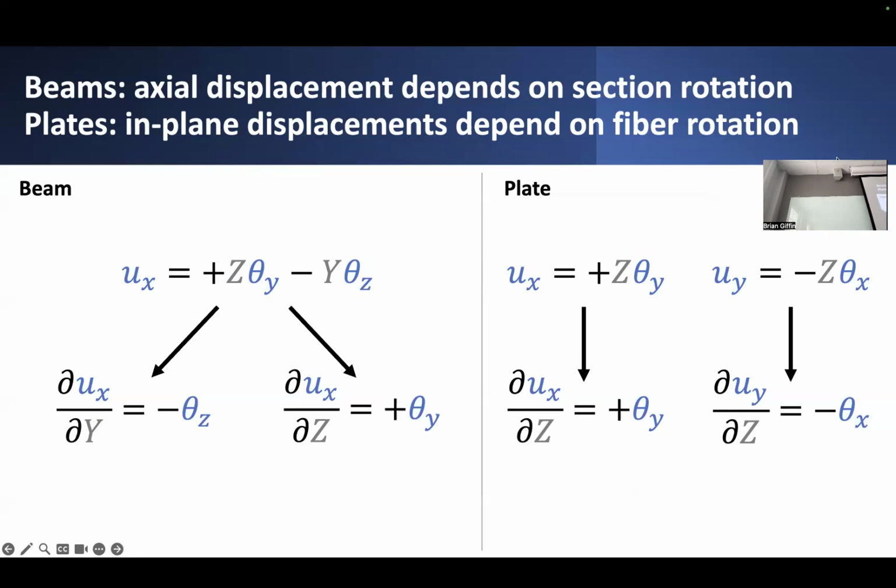We can also take derivatives of these things, because ultimately, we don't just want displacements. We want to know strain. And in order to compute strain, we have to use our classical strain displacement relationships. If you remember what those look like, they expressed some relationship between the partial derivatives of the displacement field,